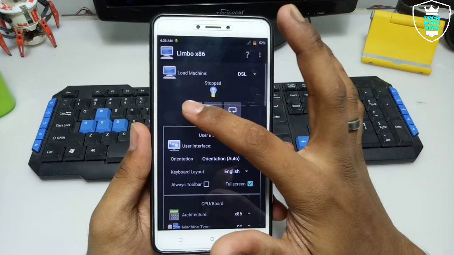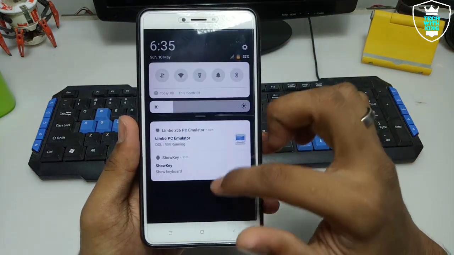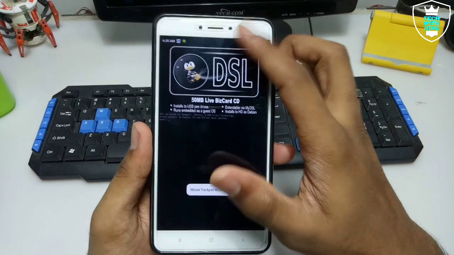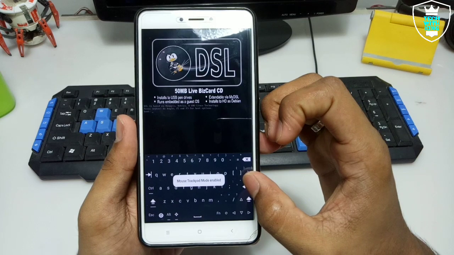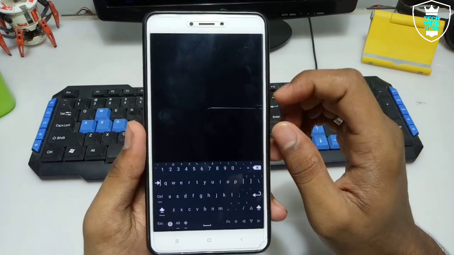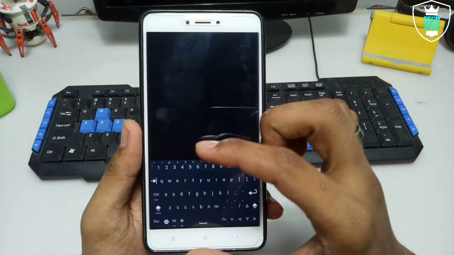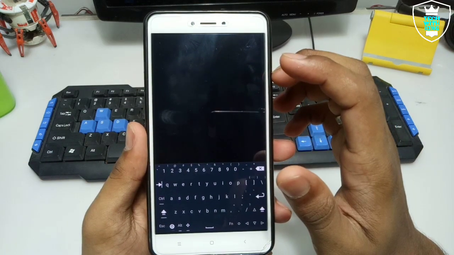With all the settings done, let's just click the play button, and make sure the Shoki application is running in the background and Hackers Keyboard is enabled. So as you can see, just click enter. So this is the Hackers Keyboard available on the Play Store. So make sure this keyboard is on the screen. It will take 4 to 5 minutes to fully boot in Android.